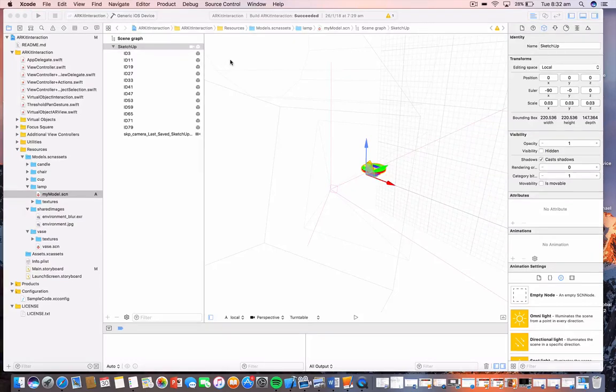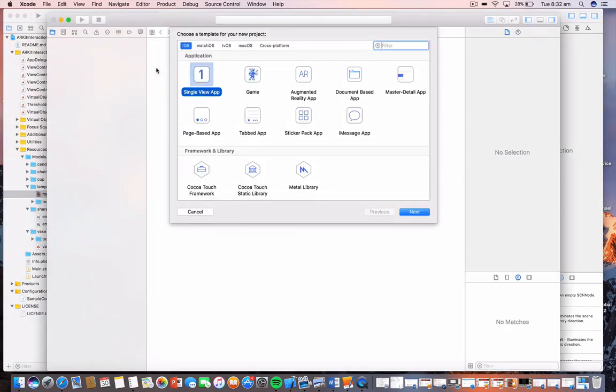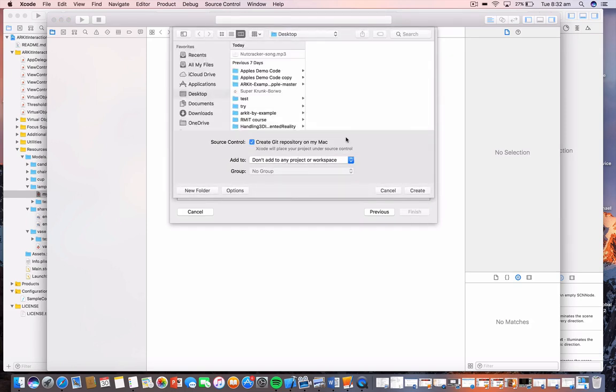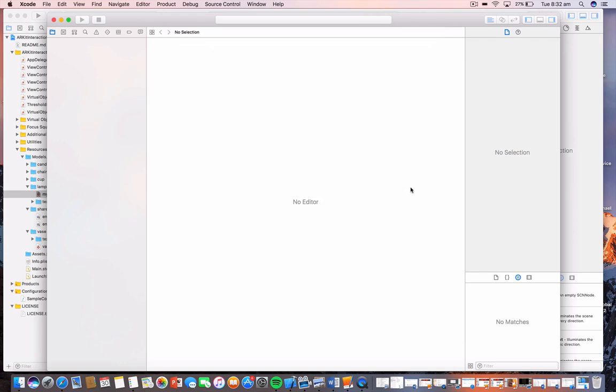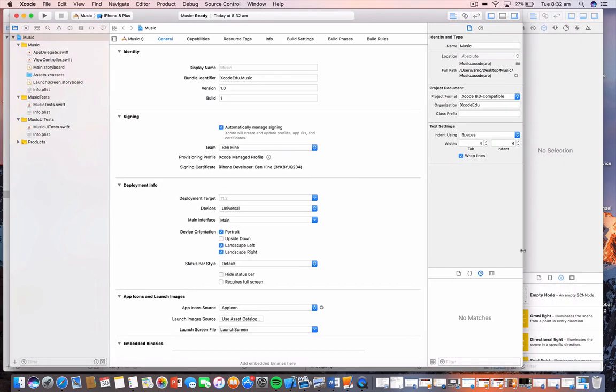Okay, now we're going to look at adding in music behind our app. So we're going to start and create a new project. Just a single view app. Call this one music. Create. And the idea of this app is just to have some music playing in the background over one of